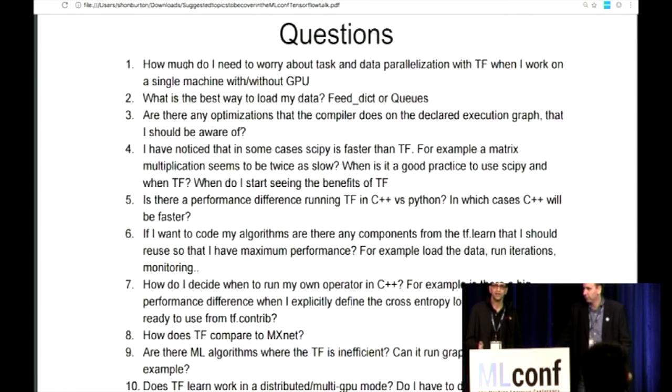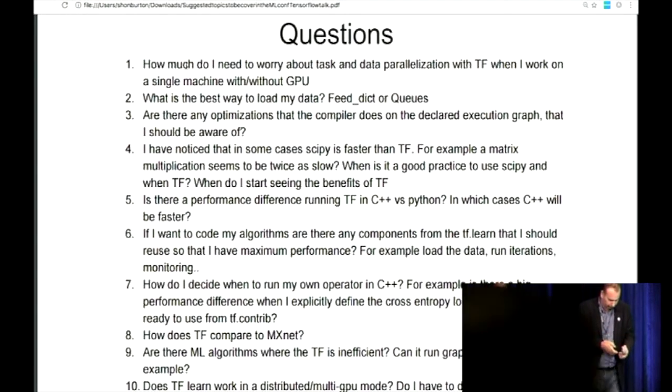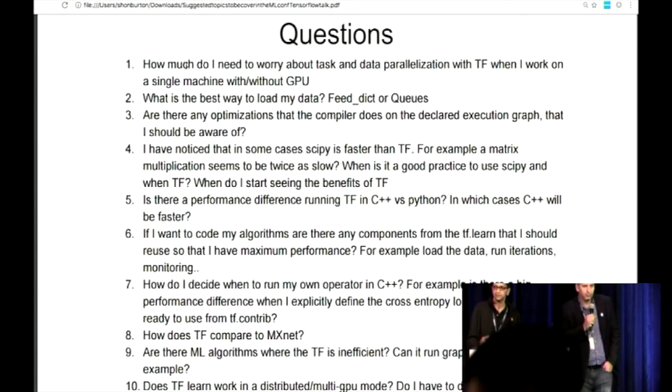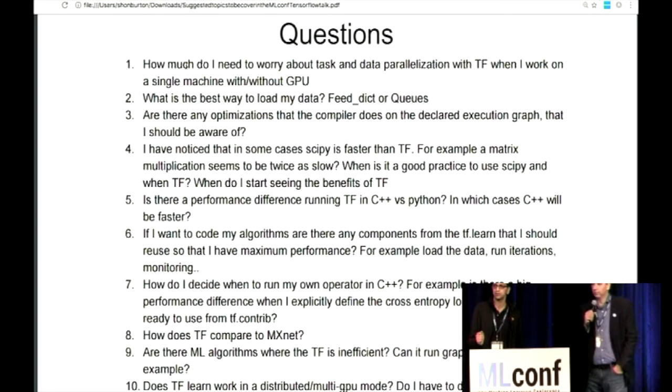But if you have lots of data, say on a distributed file system or even a local file system, and you don't want to be limited by the I/O, then queues are a great way to overlap the I/O that's going on. You can maybe even have multiple threads doing the I/O, say if you're going against a distributed file system, while you have the actual processing going on in a different thread.